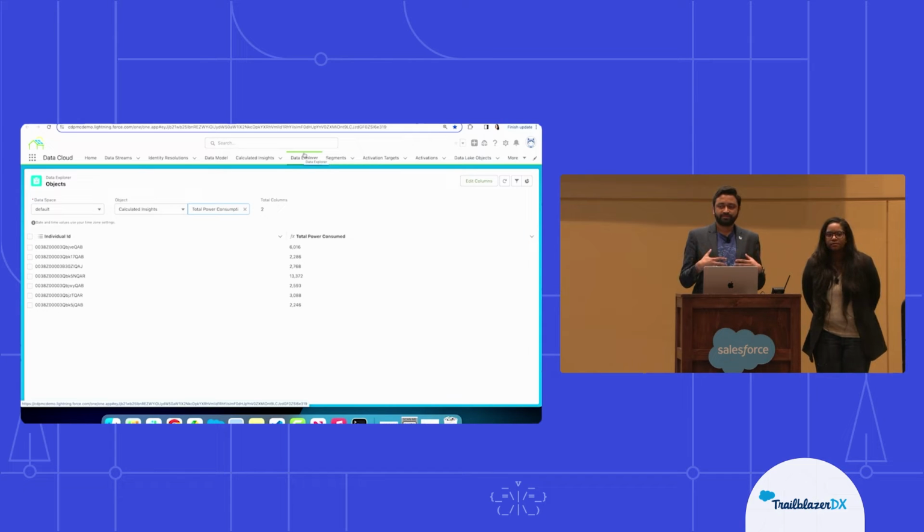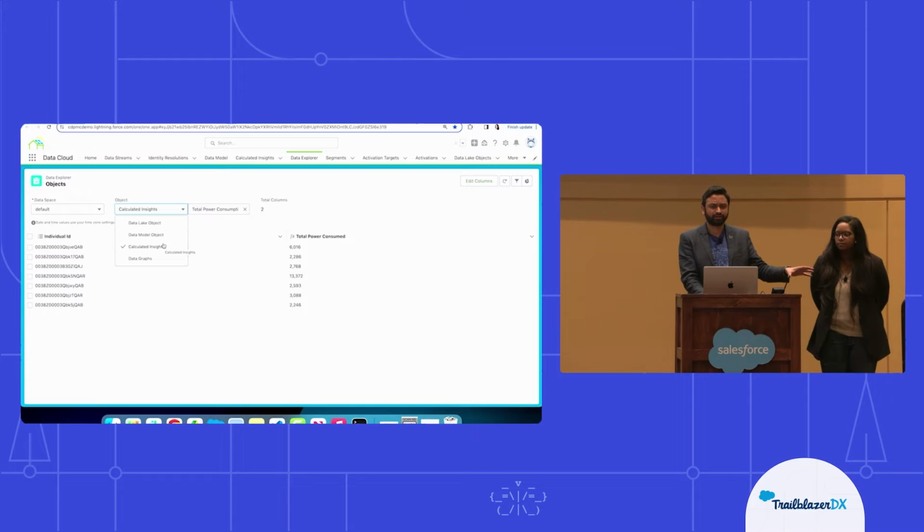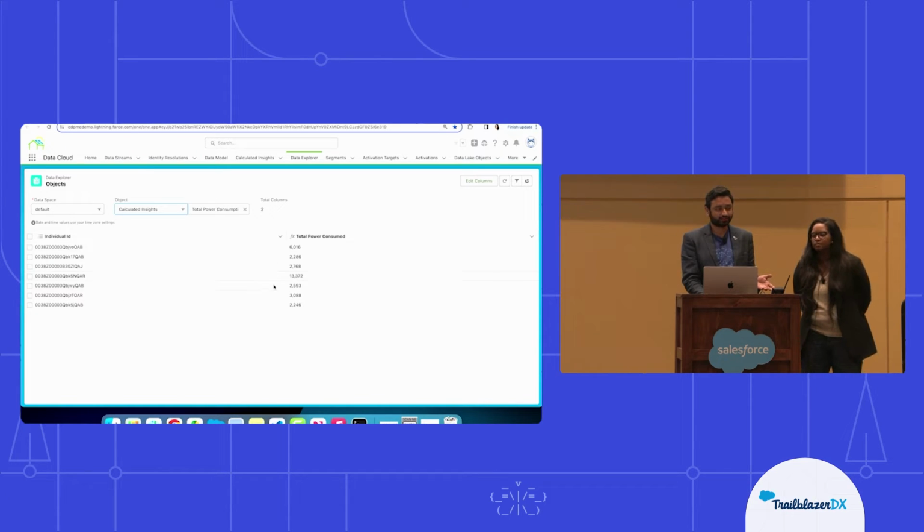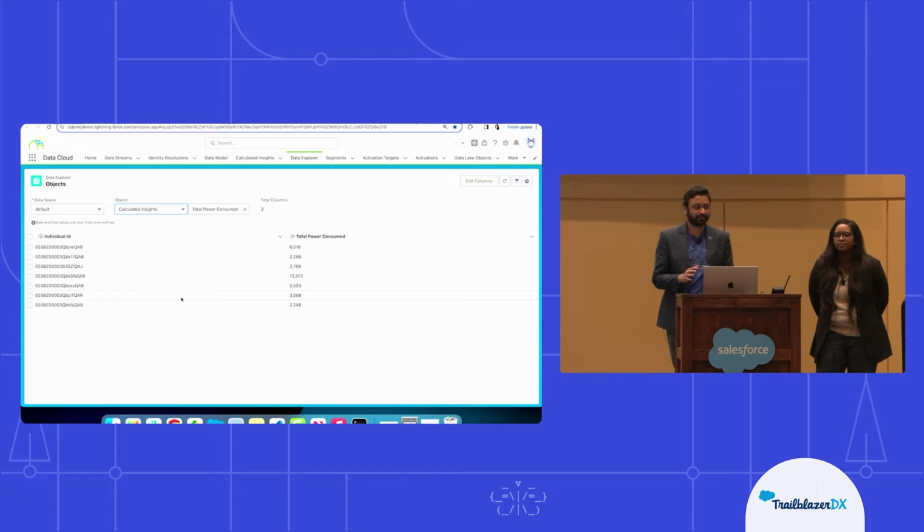So if we want to see data from Salesforce, we typically write a SQL query in Developer Console or VS Code, or we create a list view. But within Data Cloud, what you can do is go to the Data Explorer, where you can select any object that you want. If you want to see what data is there in your data lake object, you'll be able to do that. Similarly, I created a calculated insight, which is also stored in an object representation because it's aggregated data. So you select your calculated insight, and that is exactly what is going to show up. Because I've summed up all the total power consumed, it's going to show me this. I've grouped it by the contact ID, so the contact IDs are present here. So this is a table that I was able to create